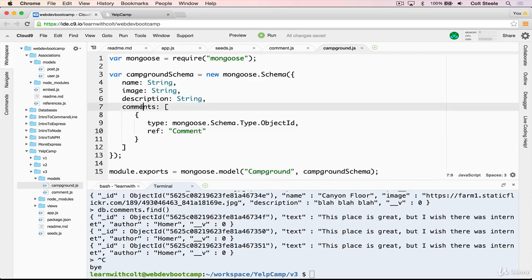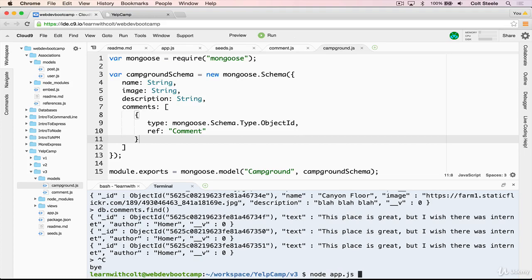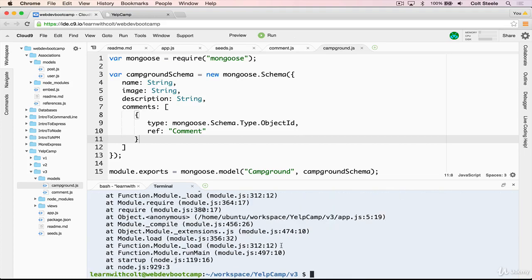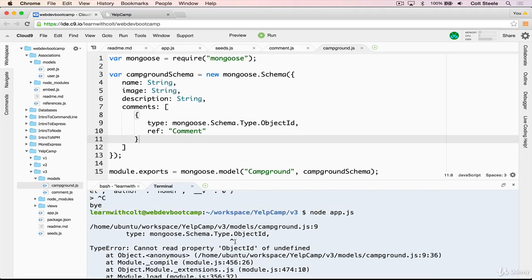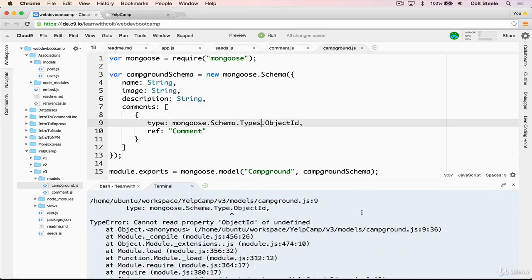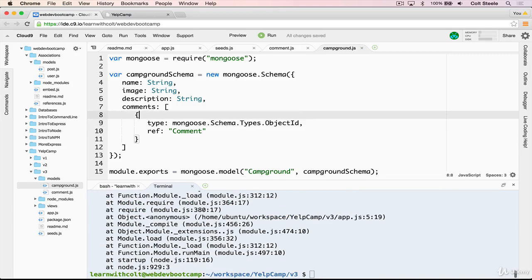So what we're saying is that the comments property should be an array of comment IDs. So we're not embedding the actual comments in here. We're just embedding an ID or a reference to the comments. So we'll save now. And if we try and see the database again with node app.js, we now have a small issue, which is a syntax error. We need to have Types.ObjectId. So now if we run this again,